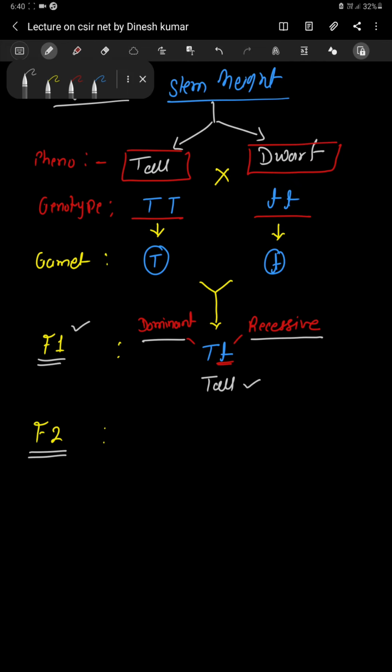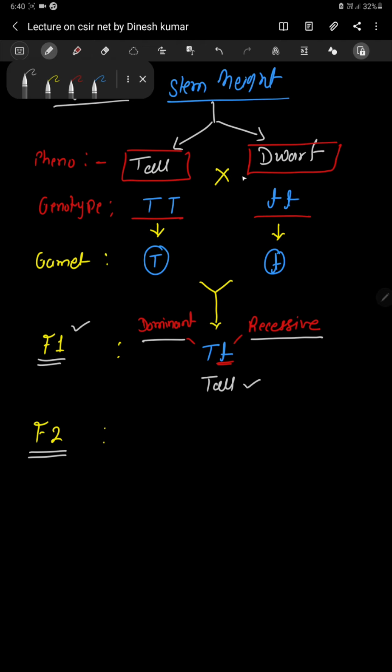So what is Mendel's rule to find out the dominant and recessive characteristics? You have to perform a monohybrid cross. When you say monohybrid cross, it means we are taking a pure tall parent and a pure dwarf parent. We never know whether this dwarf factor is going to appear in the F1 generation or this tall character is going to appear. In the beginning we don't know about it.